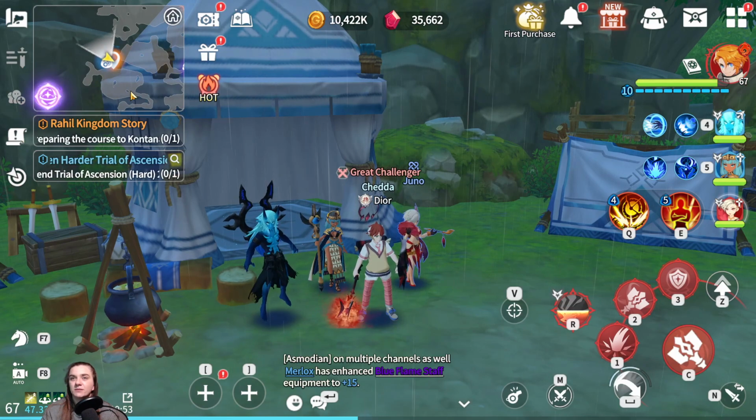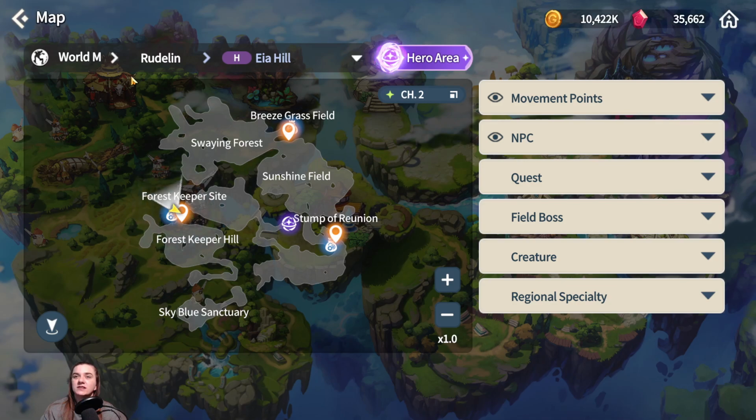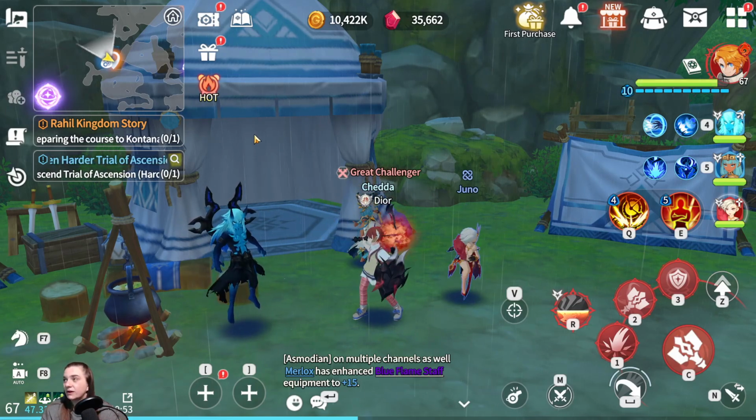It'd be better if he had some missions up here, but this is the one hero area that I've done them all in, actually. But you can see the purple there. So yeah, we're in this. Yeah, so that's a very quick, easy way to get there. And then next I want to talk about...